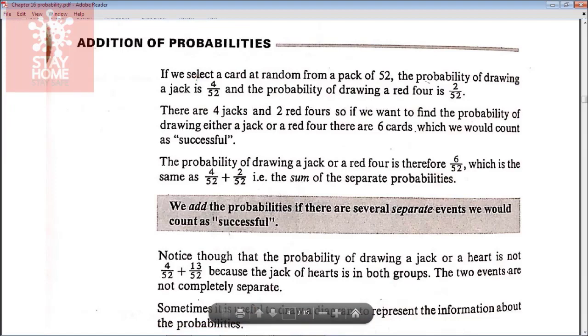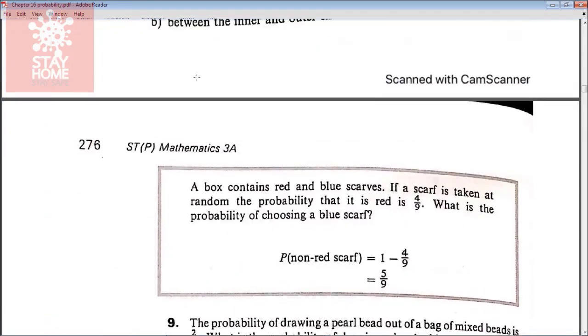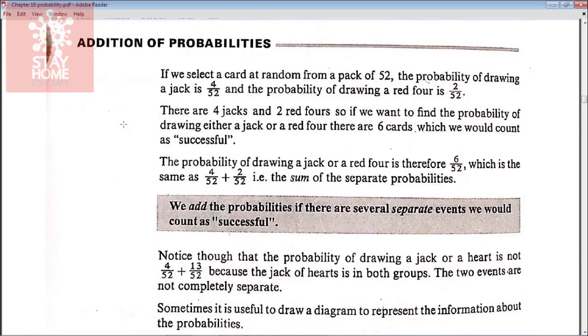See, this is the lesson, page number 276. You can see here page number 276. Addition of probabilities. If we select a card at random from the pack of 52, the probability of drawing the jack